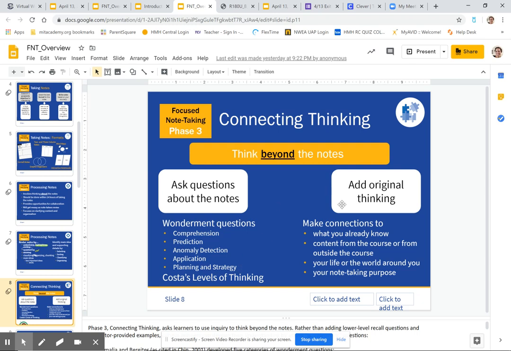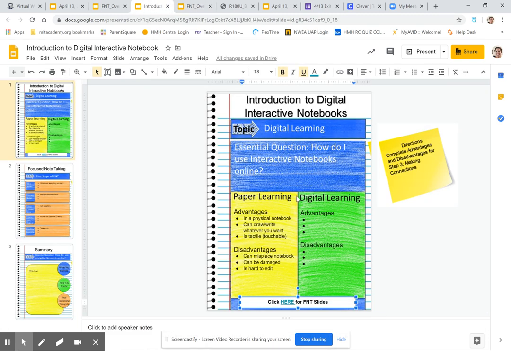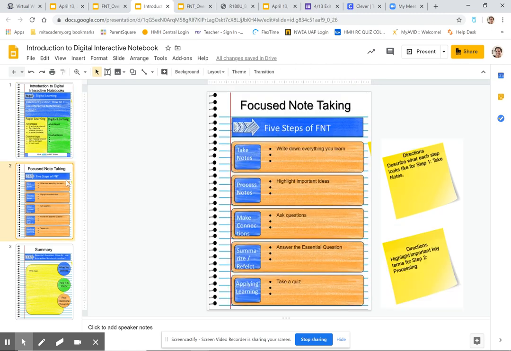I also need to add original thinking. What do I already know? Maybe make connections to content outside of the course, like maybe in my science class, this reminds me of something. Or maybe it reminds me of the life that I have, or why am I even doing this? So I'm going to select one of these bullet points that I think is important in my focus note taking, and I am going to write